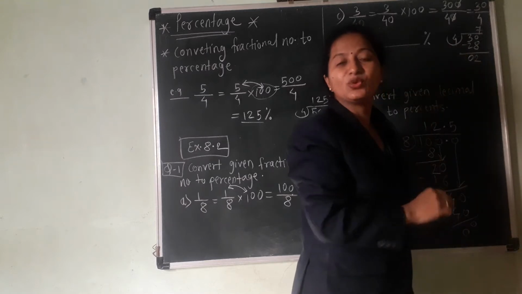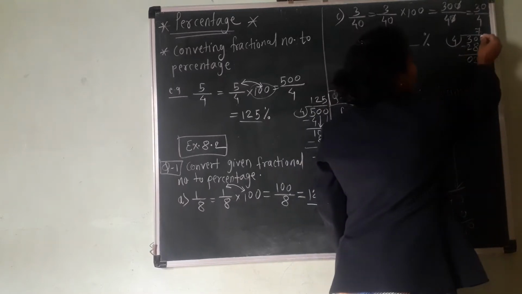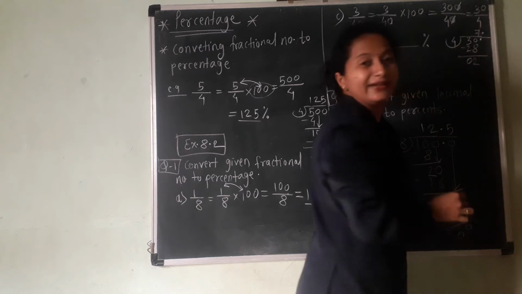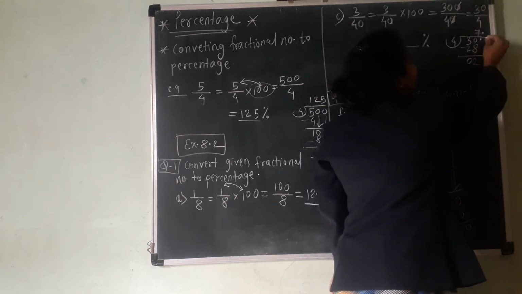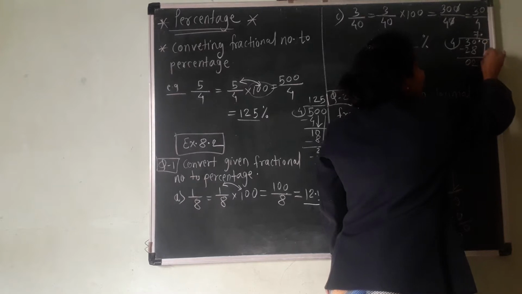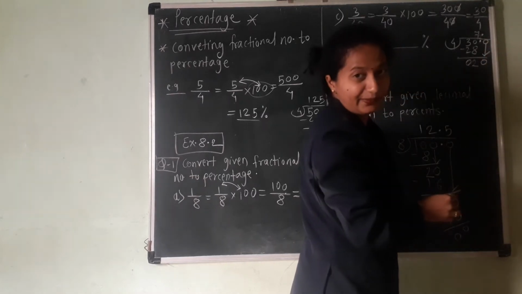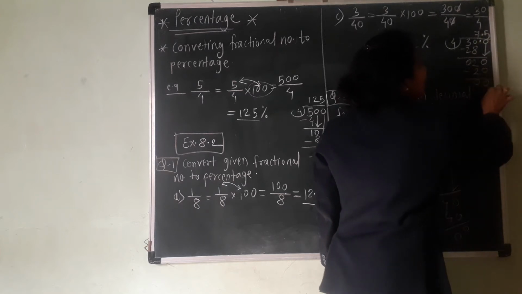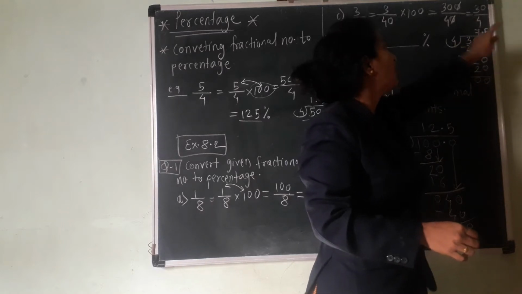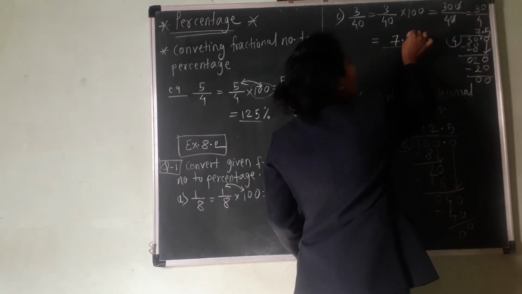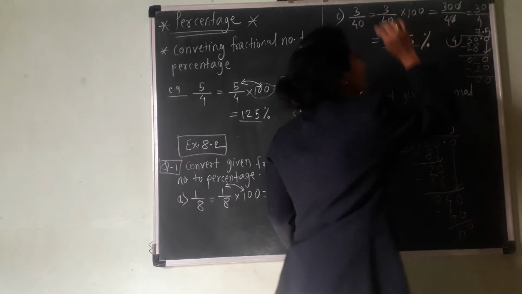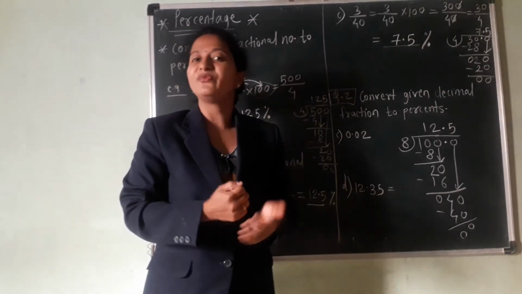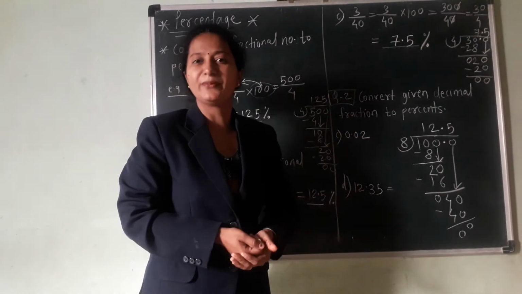Here we got a remainder of 2, but we want remainder 0. So what will we do here? We'll put a decimal point in the dividend, and at the same time we'll put a decimal in the quotient also, and we can write the 0. Now we'll bring down the 0. Now which number forms here? 20. 4 5s are 20. Now check the remainder. Now we got remainder 0. So what answer did you get here? That is 7.4, and this is the percentage sign. I hope everyone understood. From this question number 1, the B sum will be homework for you. Now we'll see question number 2.